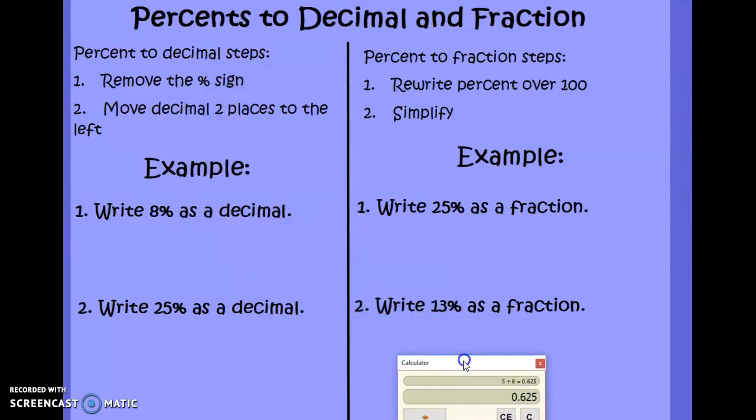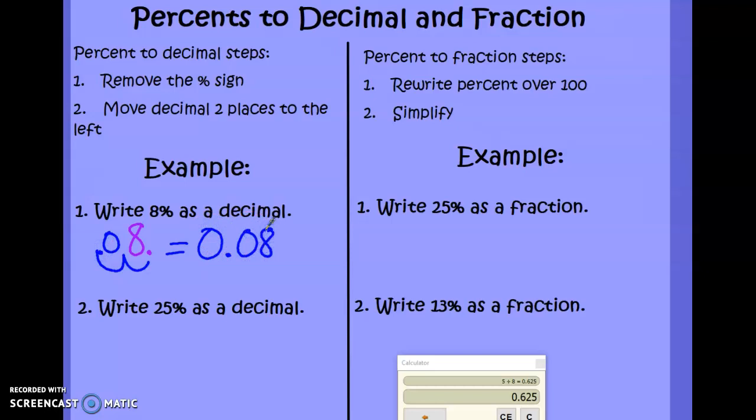All right, and now we're going to take percents, and we're going to change them to decimals and fractions. So the first step is to change it to a decimal. Okay, remember with the between percents and decimals, when we were going the other way, we moved it to the right 2 places. Now we're going to move it to the left. Okay, so I have 8%. My decimal would be on this side. So when I move it over 2 places, this is 1, and this is 2. So I have to add my 0 in front. So this one would be 0.08